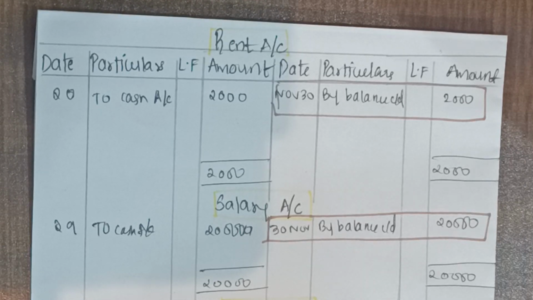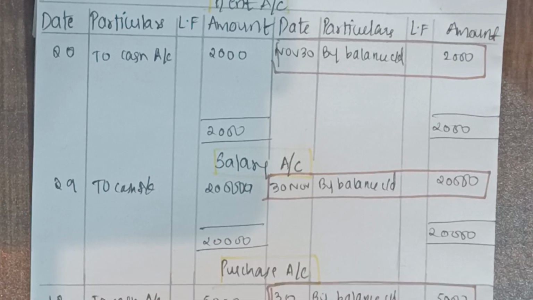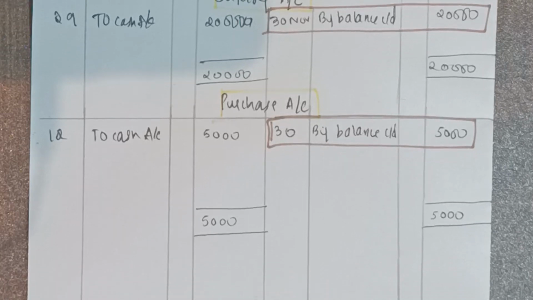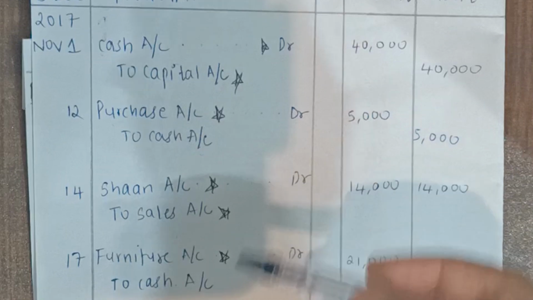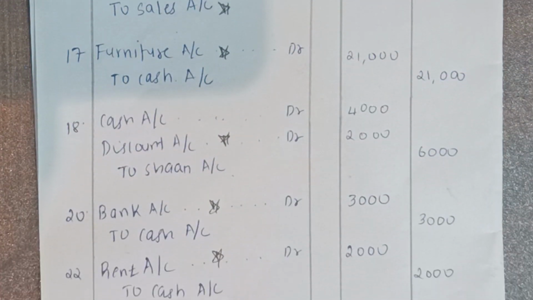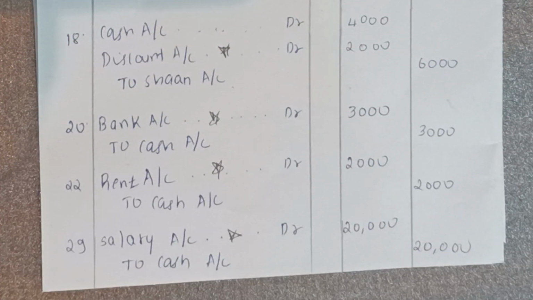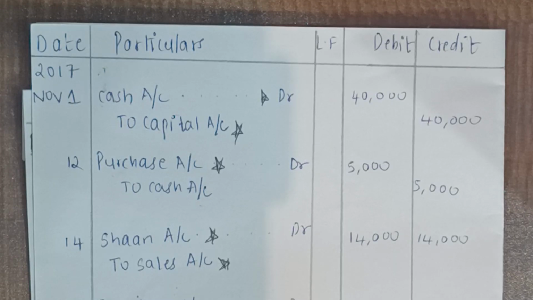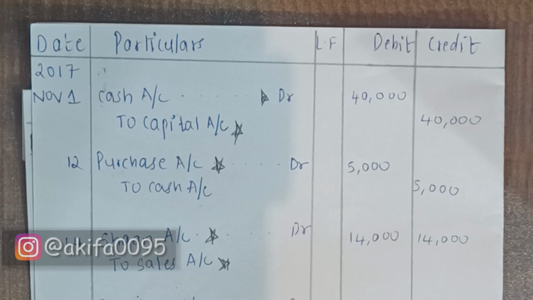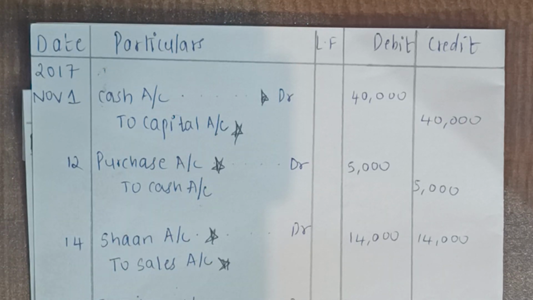And the trick that I had showed in the beginning, that is we have to just mark the different accounts that we need to open, is very important. Like you all can see that here I had star marked all the accounts that I need to open. So when you all mark this, then this becomes easier, because when you are writing in an exam, there may be chances that you may forget to draw an account. So therefore it is very important that you mark them. You can also mark it like 1 2 3 in the number system, so that you know which accounts you need to prepare. So this was all for today.